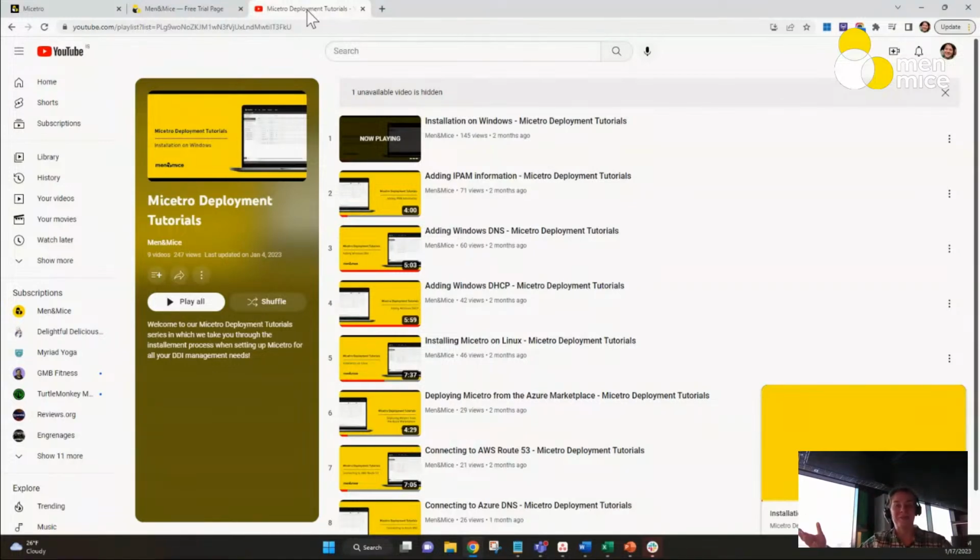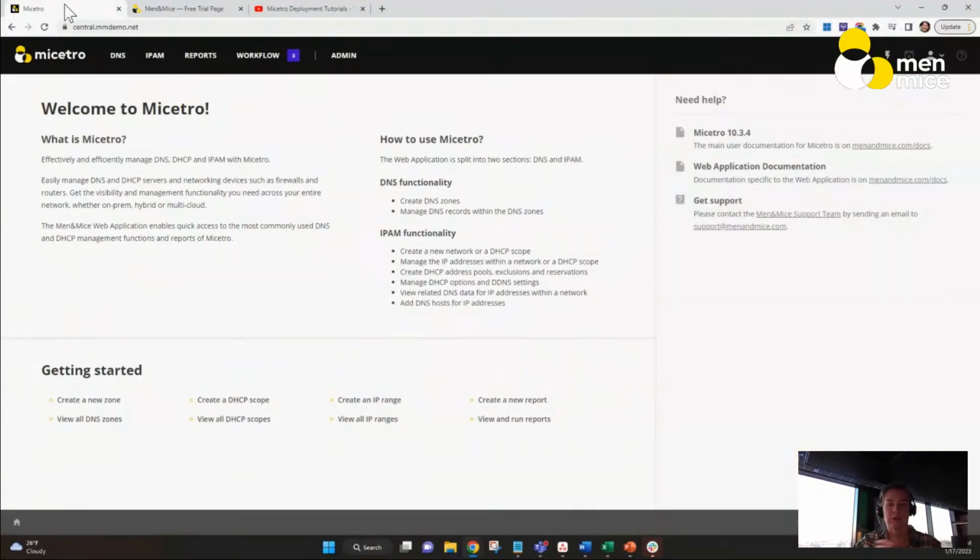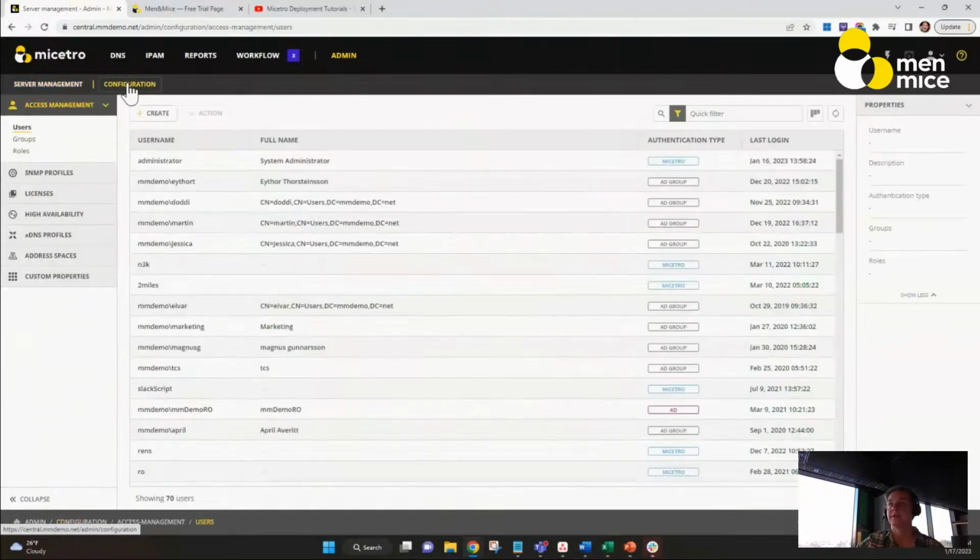And then now that you, of course, have Maestro installed after that, we've connected our DNS and our DHCP services, maybe imported some IPAM information. We'll want to make sure, of course, that we give the proper access to folks. And of course, maybe more importantly, deny the access where we need to. So Maestro uses a pure role-based access control model to do our access management. If I go over to the admin tab, you can see under configuration, we have access management right here with